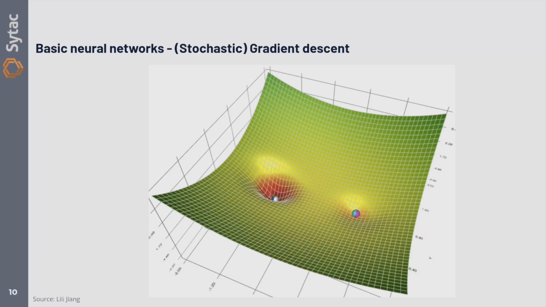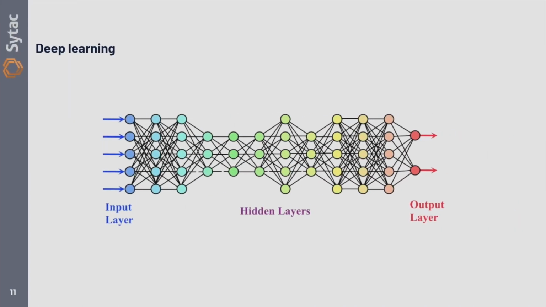This is for two parameters. Imagine how complex it can get if you have 100 billion parameters or 10 billion parameters. It's a 10 billion dimensional space that you're trying to navigate, right? This is easy for two, but super complex with 10 billion. But okay, let's move on a little.